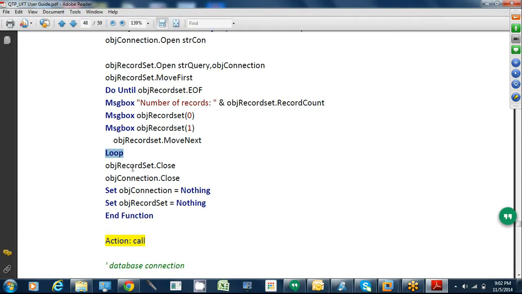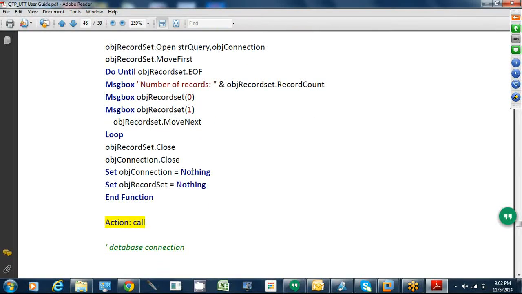Then whatever you opened, you have to close: the record set first, then the connection, last in first out. Once you close, it's good practice to set them to nothing: set object connection equal to nothing, object record set to nothing, so that it will not result in memory leakage. Otherwise the memory will be wasted.